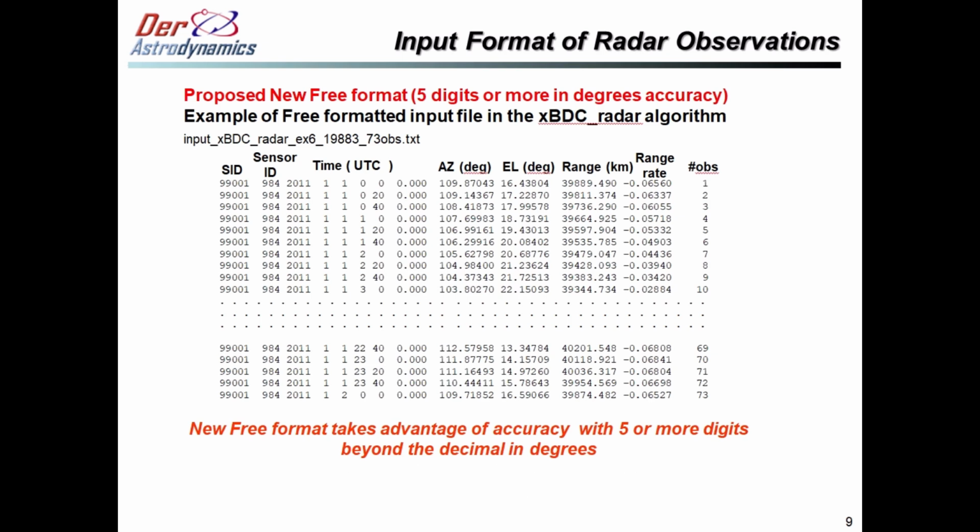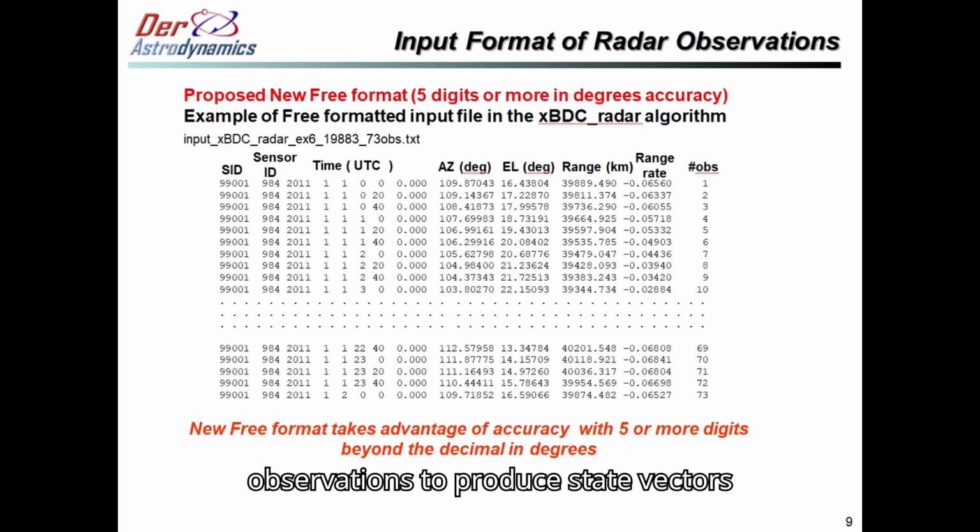meters. The Astro has built advanced multi-web Lambert IOD algorithms to process radar observations to produce state vectors of elliptic, parabolic, and hyperbolic orbits. Note that the proposed new free format takes advantage of observation accuracy with 5 or more digits beyond the decimal